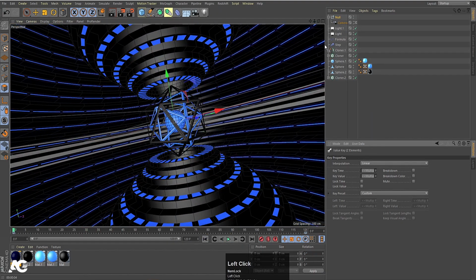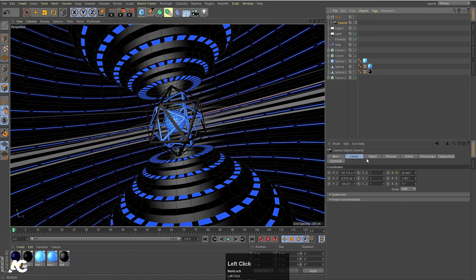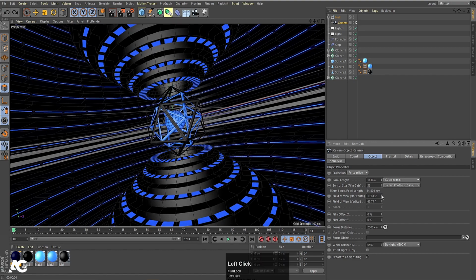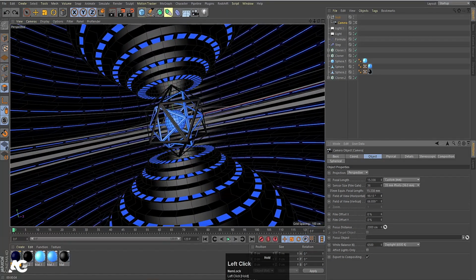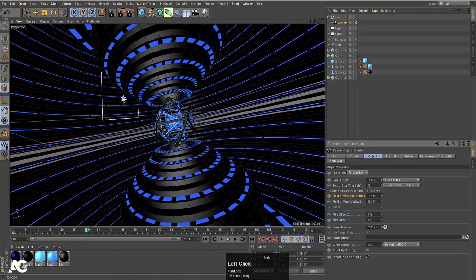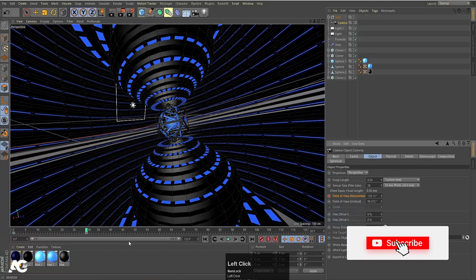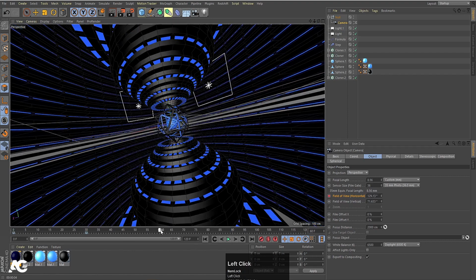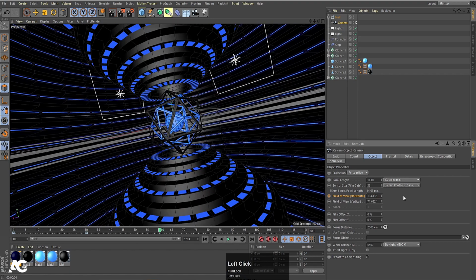Okay, and if you want, you can select this camera, go to the object menu, and animate the focal length, or this angle of view. Initially, let's create one keyframe over here, go to around 30 seconds, and let's move this outwards, create one keyframe. Let's go to the start, select this value, hit Ctrl C, go to 60 seconds, hit Ctrl V, and create one keyframe. So if I hit play,